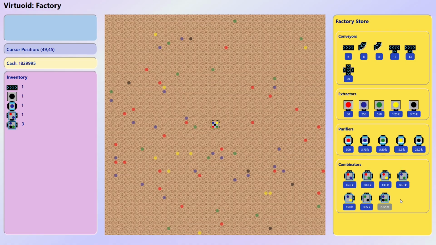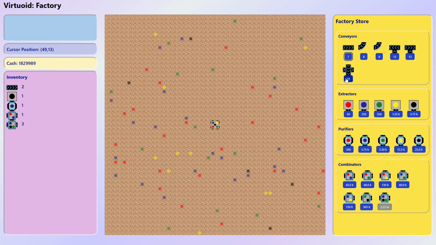And basically what happens is that when you do click on a button within the store, it will send two messages over to the game. The first one is the inventory add, in which case it says, hey, this person just purchased a conveyor, so add that over to the inventory. So if I was to purchase another conveyor now from hitting the 6, my inventory now has gone up to 2. The second thing it does is it sends a stat cache message out, and that stat cache message says,